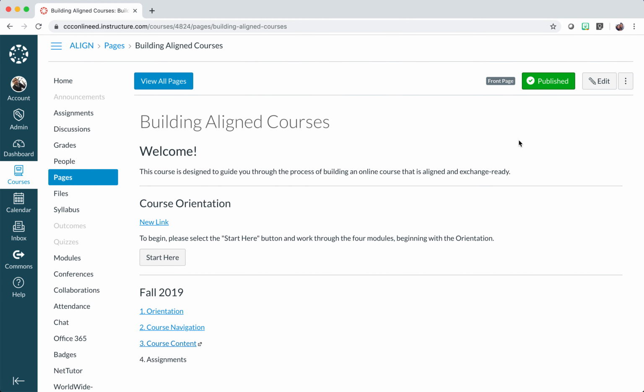Okay, now to create a button, the simplest HTML button that you can create in Canvas is to just use an HTML snippet, the HTML snippet class equals open quote button close quote. So if I go in and edit,